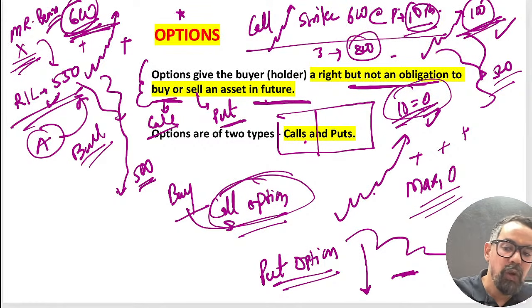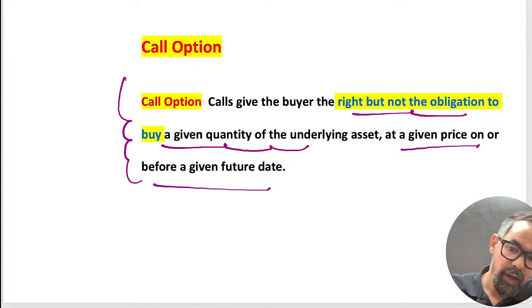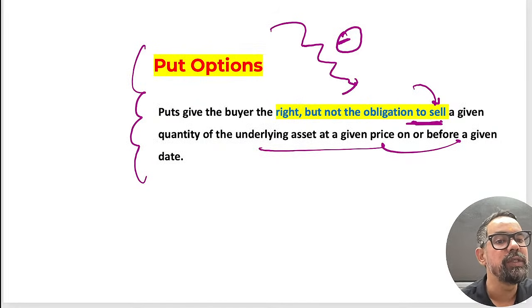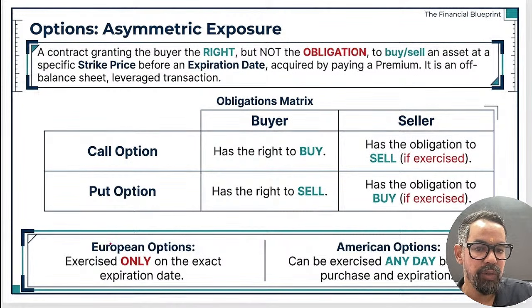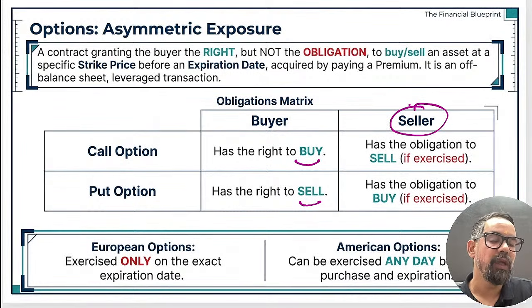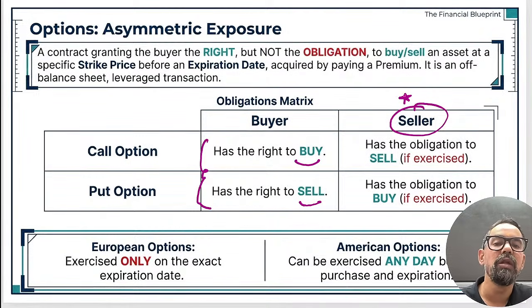The call option gives the buyer the right to buy but not an obligation. The put option gives the right to sell but not an obligation. When you sell an option, the payoff will just reverse. When you buy an option, these are the cases. When you sell an option, you have unlimited loss and limited profit up to the premium received. That's why selling options is very dangerous, because if it is exercised by the other party who is making a profit, you have to pay in that particular case.